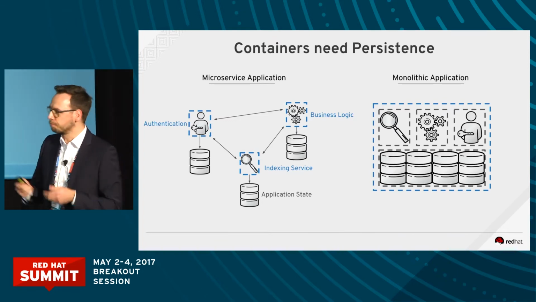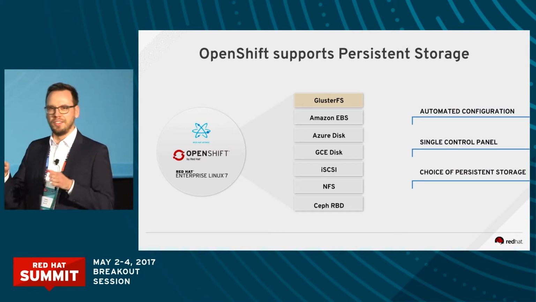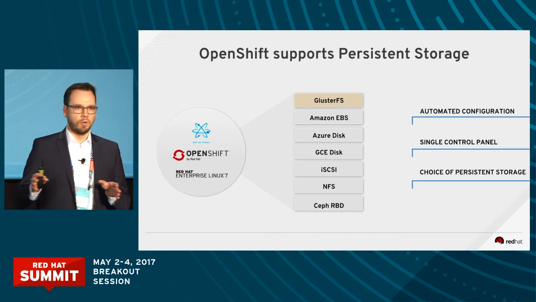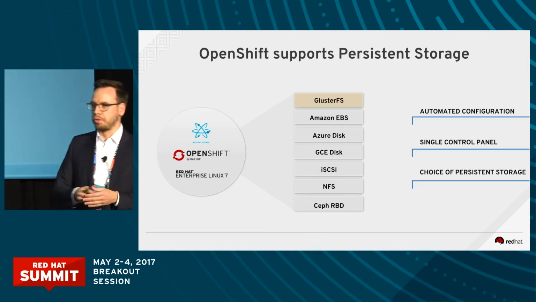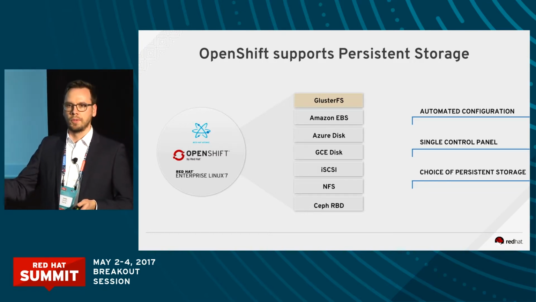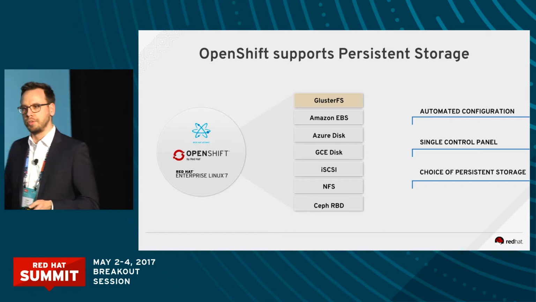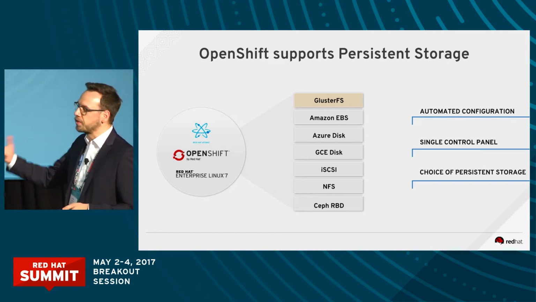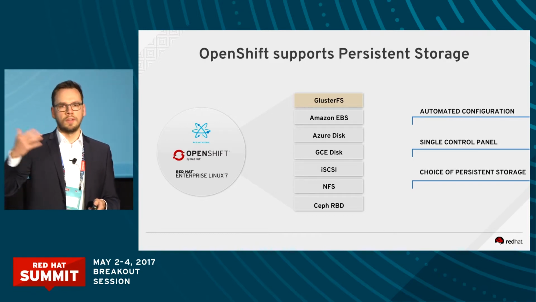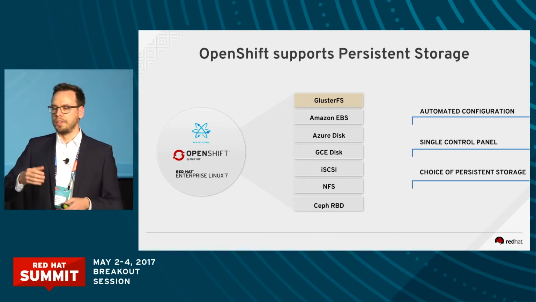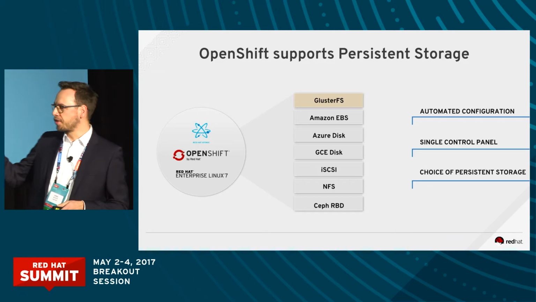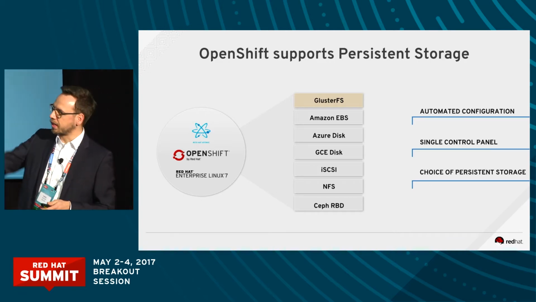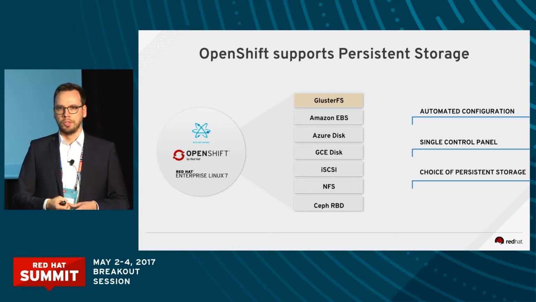And fortunately, OpenShift anticipated this need very early. So today we have a plethora of options available to connect to the existing storage services in whichever environment OpenShift is deployed in, to provide persistent storage for containers. So storage that survives the container failure and is available across multiple containers. And this is not a comprehensive list, but this is exactly what we support with the commercial version with OpenShift